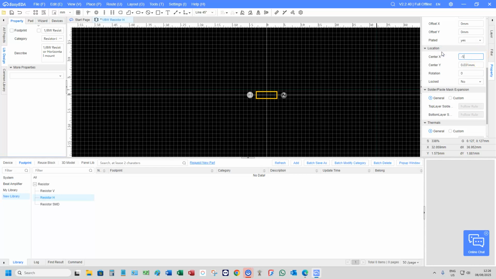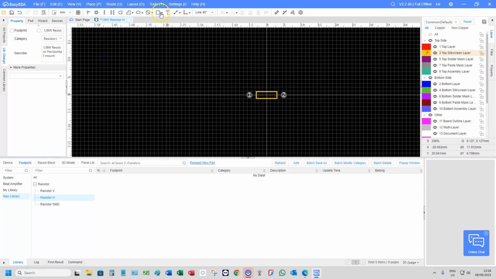So -5 millimeters, enter. And this one will be 5 millimeters, enter. And if we select them both using the control, the center Y will be 0. Enter. Okay, now we're going to add the